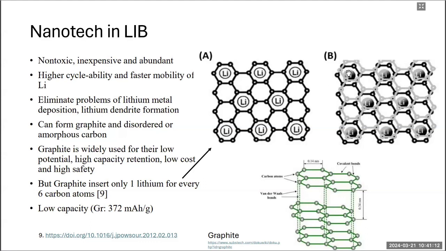Also, it can stay between these two adjacent layers. Why? You can see the size 0.34 nanometer on lithium ion is much smaller than this size, but it fits well there. So that's why the nanotechnology is coming into play here,